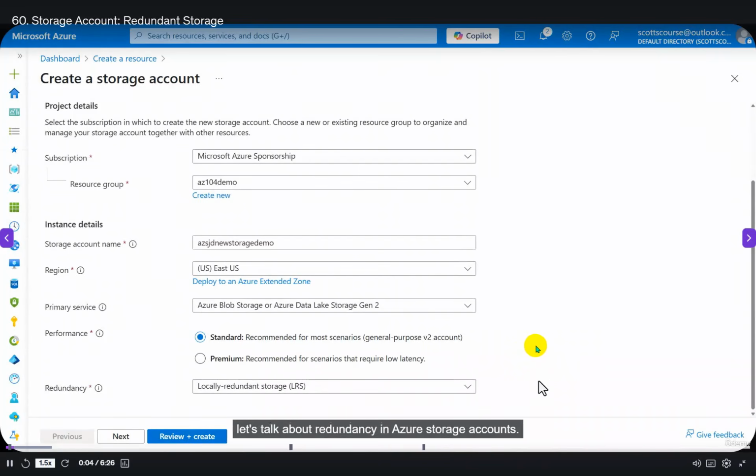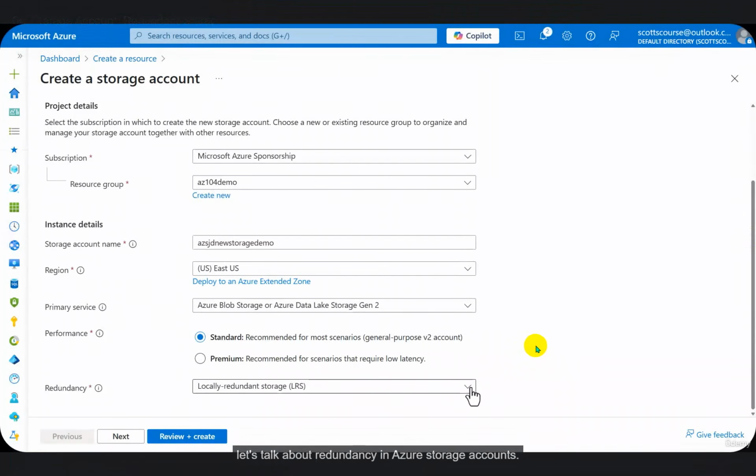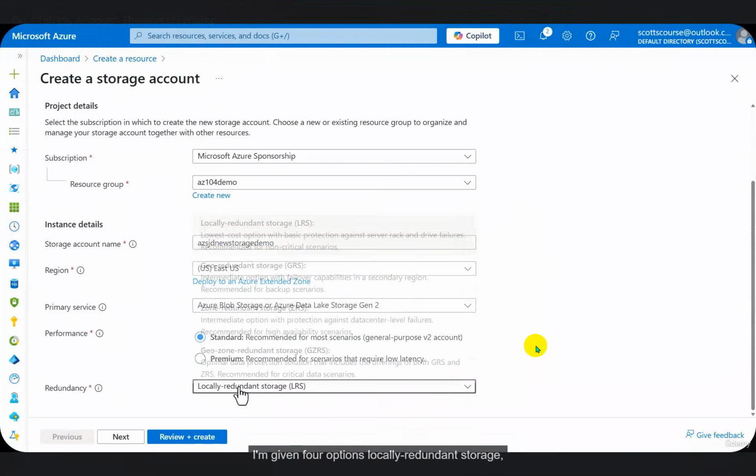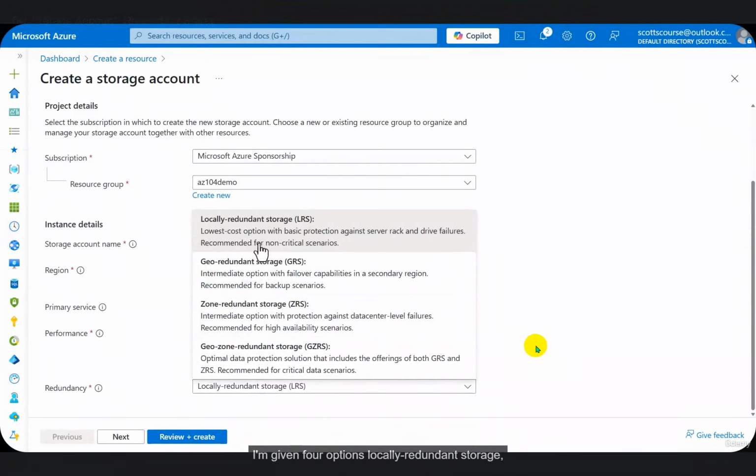So while we're on the subject, let's talk about redundancy in Azure storage accounts. I'm in the process of creating a storage account in East US. When I get to the redundancy part of that basics screen, I'm given 4 options: locally redundant storage, geo-redundant storage, zone redundant storage, and geo-zone redundant storage. What does this all mean? So the concept of